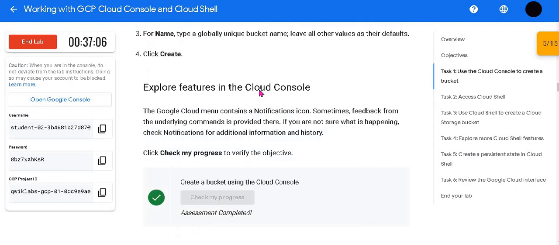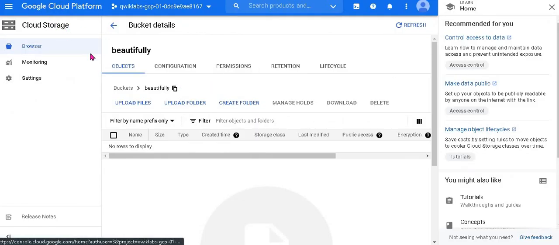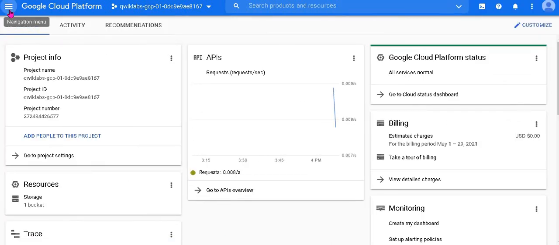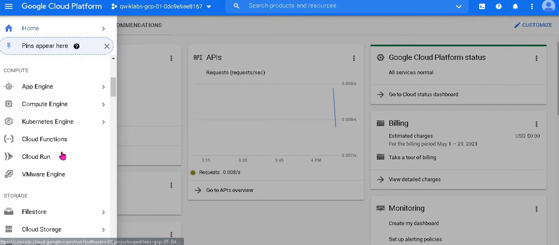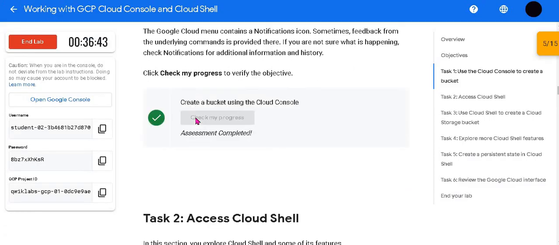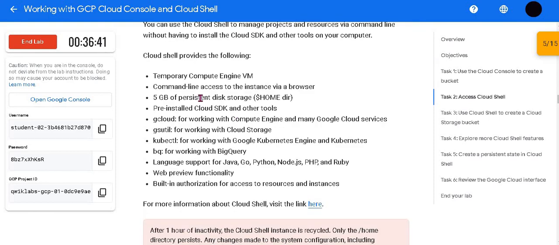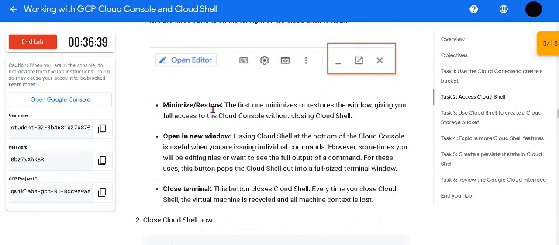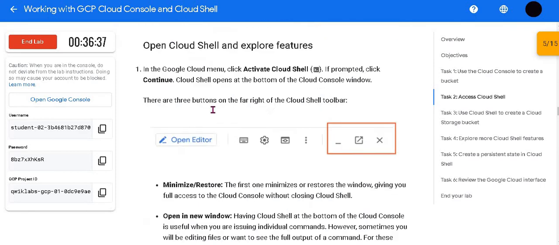So in this task we see how we can make a bucket by using Cloud Console. So navigation menu, then we will find cloud storage and then browser, and then we will create a bucket and name it as you want, but it's globally unique. Then we will